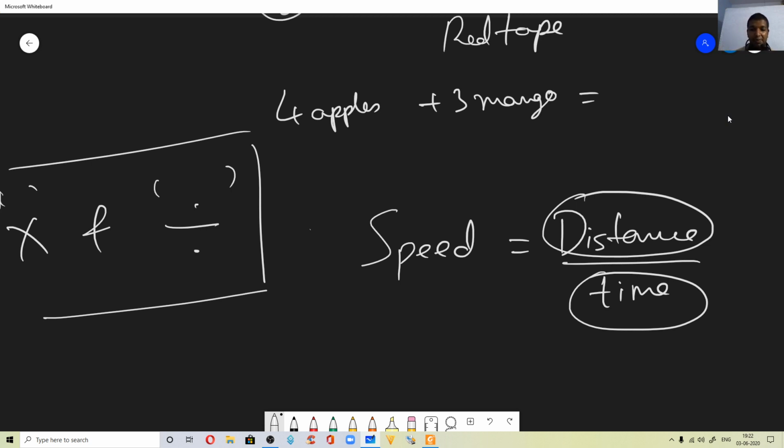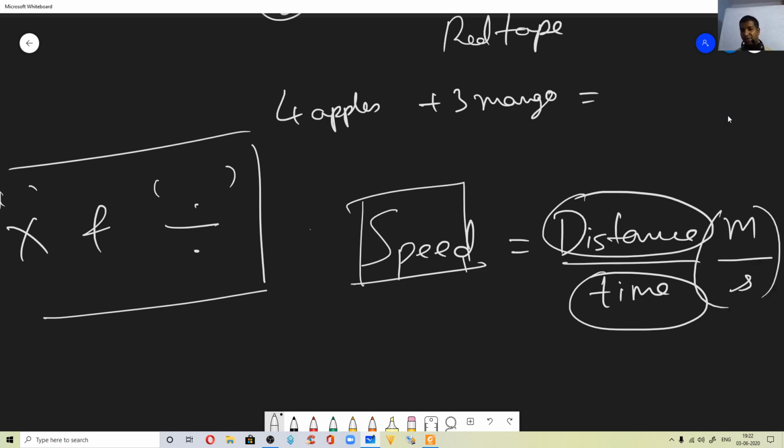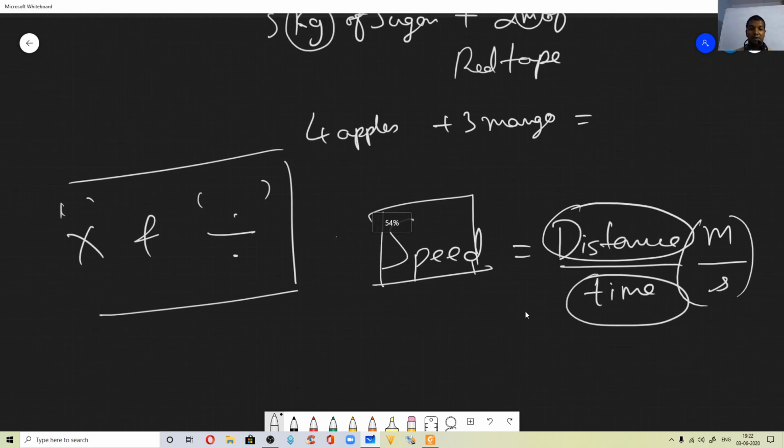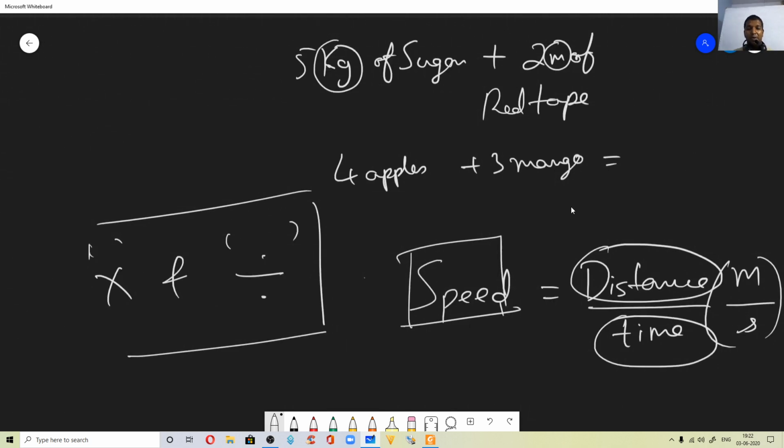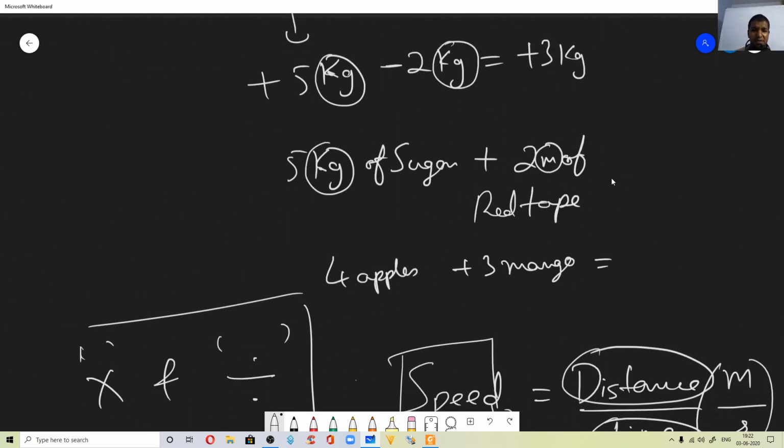So speed is a good example where you can see speed as a ratio of two scalars. We are dividing distance, in meters, by time, in seconds. This is one good example where you can divide scalars. So the scalars can be of different units. Here distance and time are different physical quantities. This is what we need to remember for scalars. It is not that difficult.